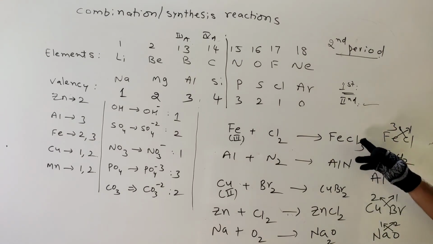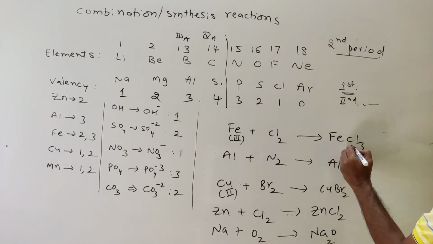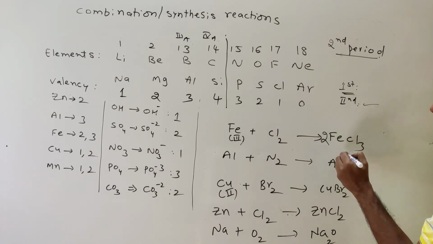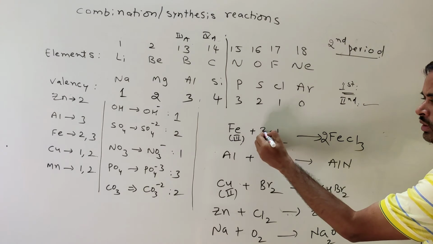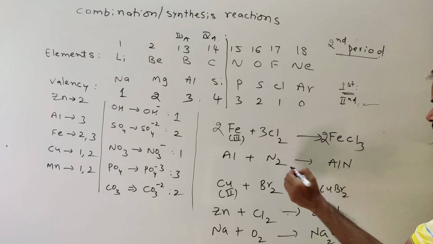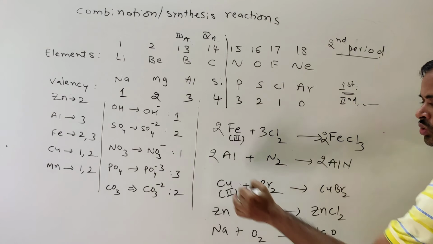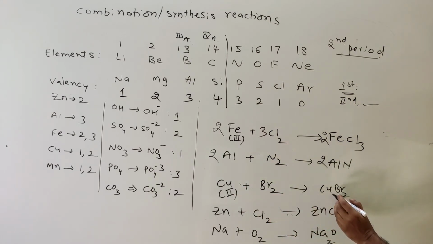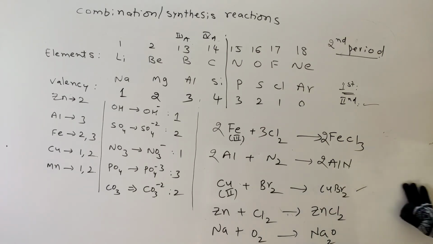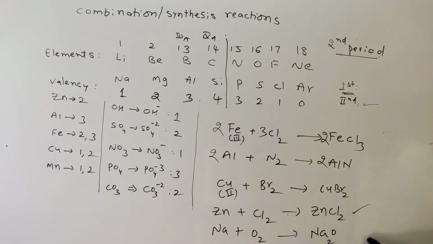Now balance. What is the second step? Balance the equations. So how to balance these equations? So FeCl3. So here 2, 3. Okay. So here make it double. 2 into 3, 6. 3 into 2, 6. Now 2 Fe. 2 Fe. Okay. Aluminum nitride. So 2 nitrogens, 2 aluminum. CuBr2. So bromine same. Copper 1 same. Okay. So no need to. Already it's a balanced equation. ZnCl2. It is also a balanced equation.